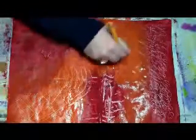I'm going to overlap a little bit and put some marks over here. And that's going to be covered up. I'm not too worried about that. Okay, and if I cover up some of the words a little bit, I think that might kind of add some interest in the silhouette. And so yeah, just get some paint on the page basically,